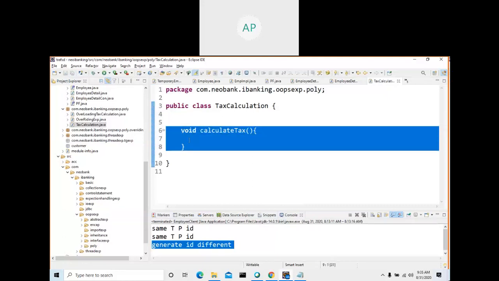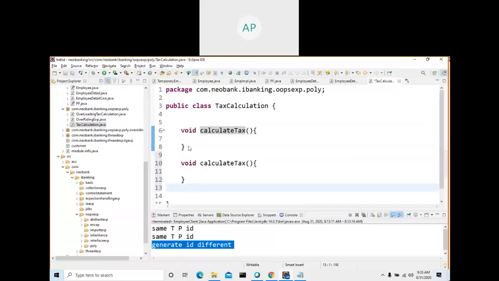I will get an error. See, I am getting an error.